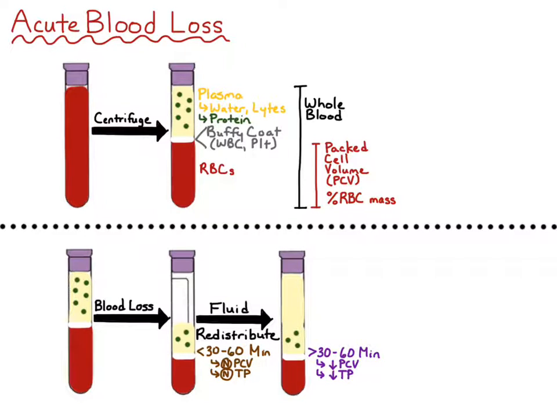And it's not until after the 30 to 60 minutes that you then appreciate an anemia with a decreased PCV, and you can appreciate a low total protein or hypoproteinemia. Also, the platelets may be consumed or utilized to stop the hemorrhagic event, so you may have a thrombocytopenia as well. Now, since the bone marrow hasn't had time to respond to the anemia yet, this is considered the pre-regenerative